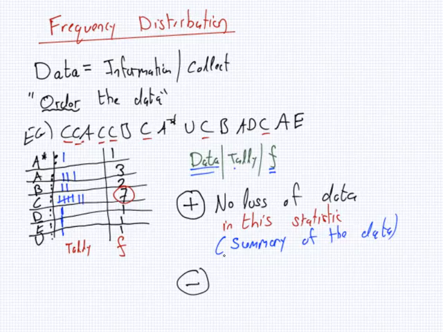That's true of most things in life as well. Something about this particular table. Well, it's a problem, it can sometimes be too large. This one is okay because the possibilities are only A star to U. So you have 1, 2, 3, 4, 5, 6, 7 possibilities. But if you had 100 possibilities, then it just becomes too large. So it can be too large sometimes. But it works well here.